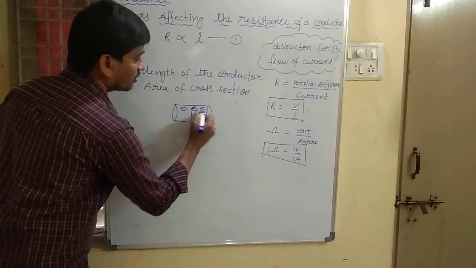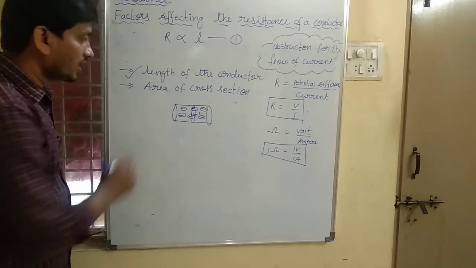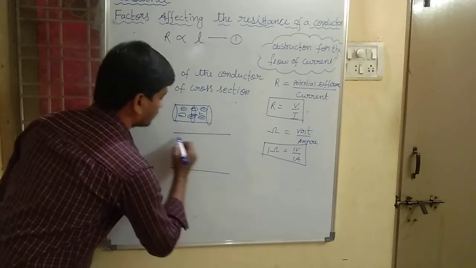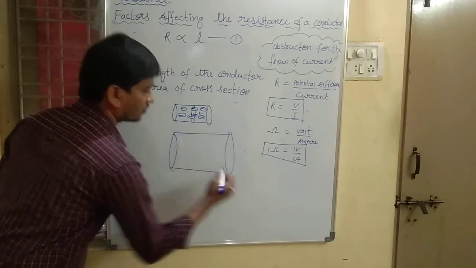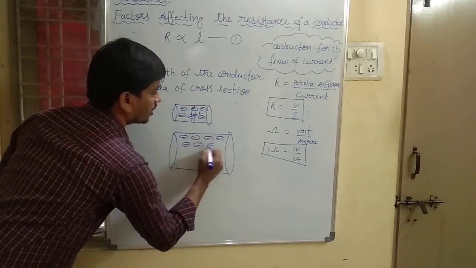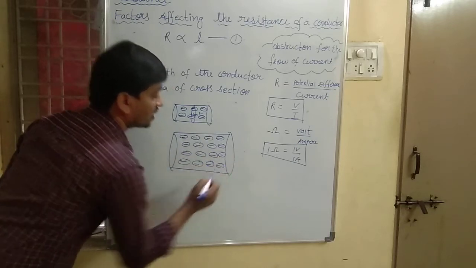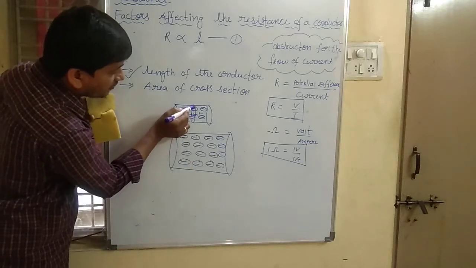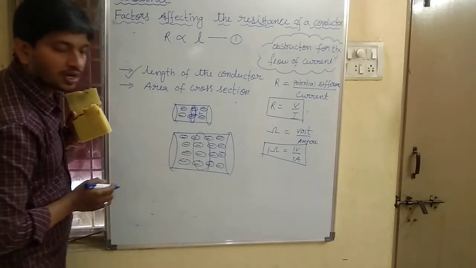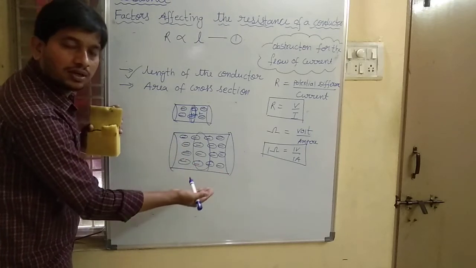See, electrons are moving, so there is a flow of current. Now let me increase my area of cross section. Here electrons can move more easily, because compared to here, the area of cross section is very less, and here the area of cross section is a little bit more. I mean, electrons can flow easily. When electrons are flowing, that is nothing but more current.